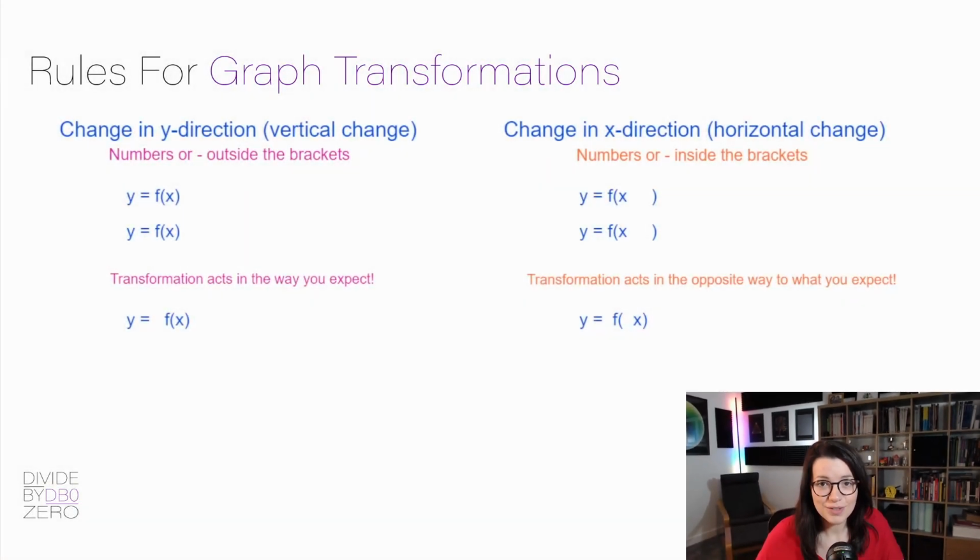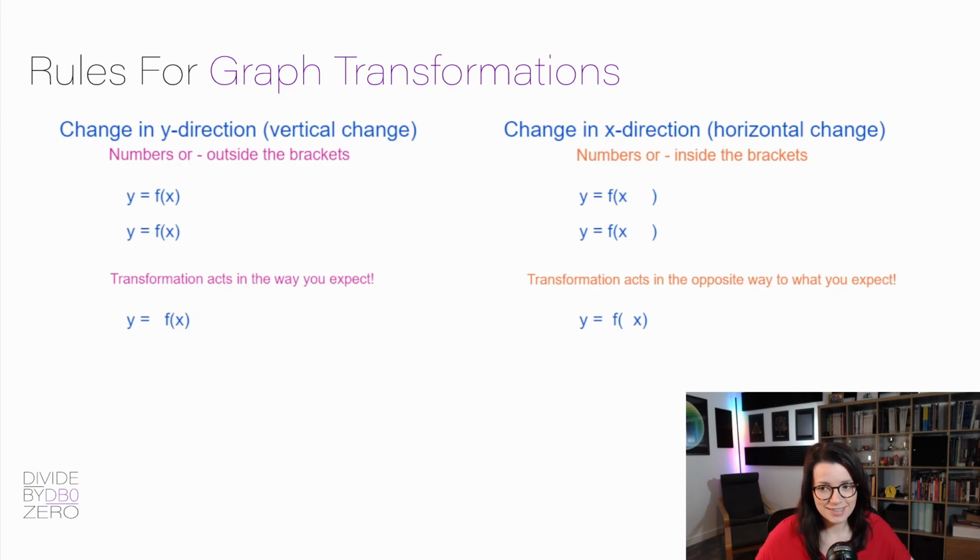Okay, so here are the rules, and I've split them into two parts. One is for the changes in the y direction, so that's like a vertical change, and the other side is for changes in the x direction, so a horizontal change. If we start with the change in the y direction side, that's when your numbers or your negative symbol are